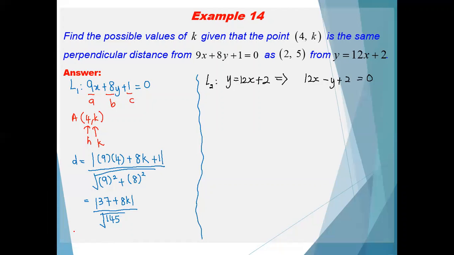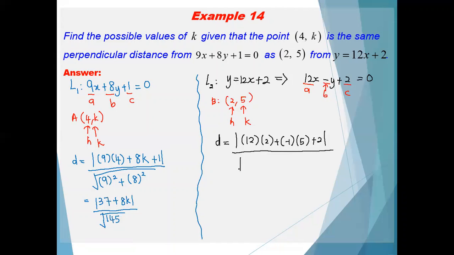So therefore, 12 is A, negative 1 is B, and 2 is C. So you have a point B, which is (2, 5). So 2 is h, and 5 is k. So the shortest distance, D is equal to the modulus of 12 times 2 plus negative 1 times 5 plus 2, don't forget the modulus, over square root of 12